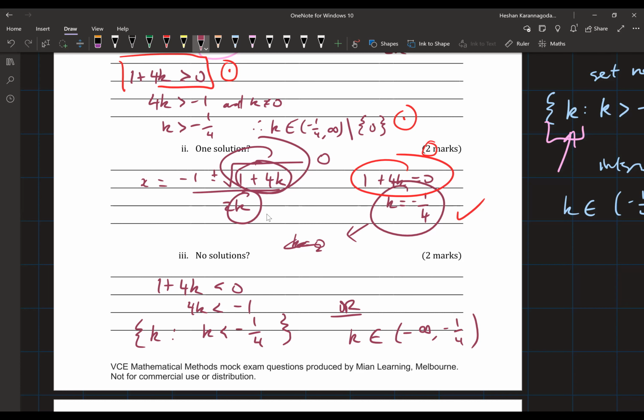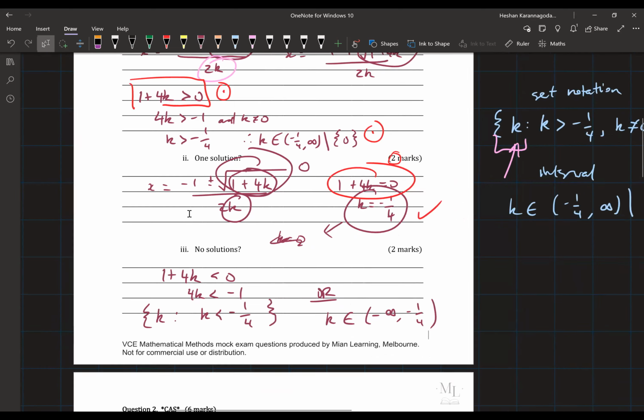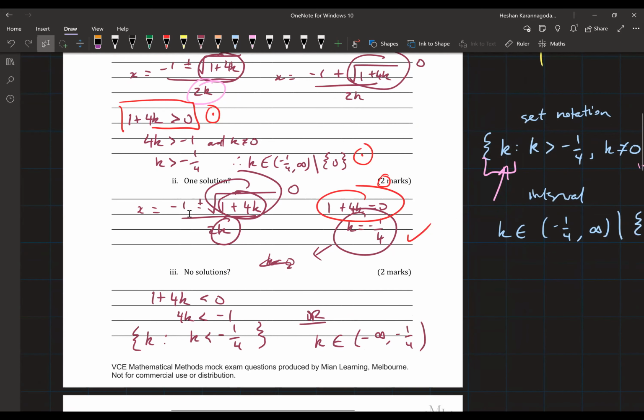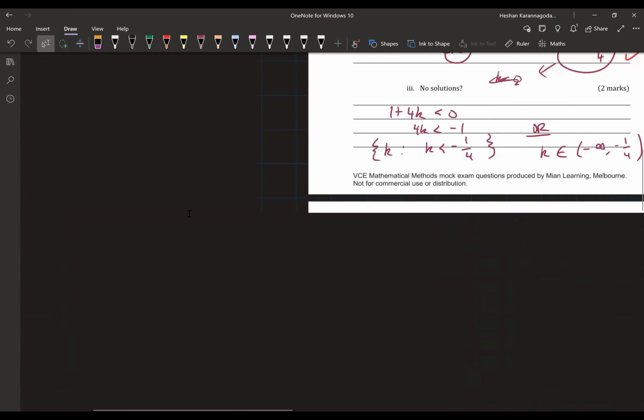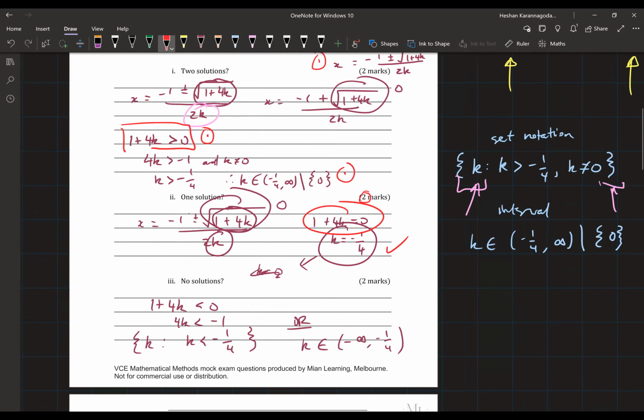Sweet. Any questions? Just leave them in the chat. Give it 30 seconds or so if you want to copy down this working out. The 2 marks for this question are pretty obvious, because we just talked about this before: 1 mark for that one, 1 mark for the final answer. So from this guide, you should be able to figure out that whenever you have this type of question, you get 1 mark for your final answer, even if it's 1, 2, or 3 solutions, and 1 mark for some intermediate line of working out, which is the key to solving the question.